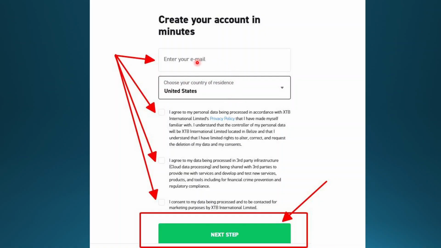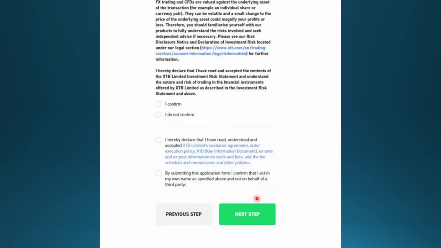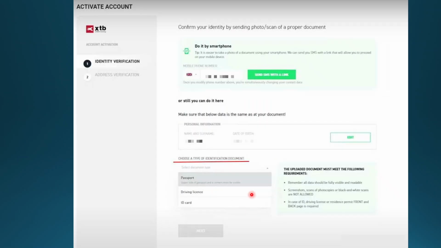The first thing I want you to do, of course, after you've entered your email address and your country of residence and declared all of this, is proceed to the next step. Declare you have agreed to the terms, and then just enter your mobile number and click here, send SMS with a link. They'll send you a link that you need to open, and that will allow you to proceed